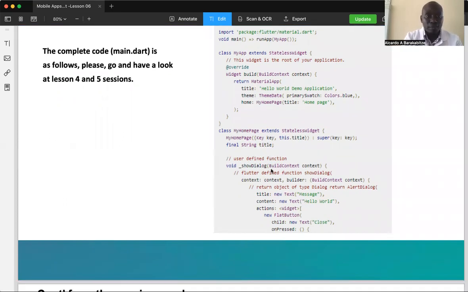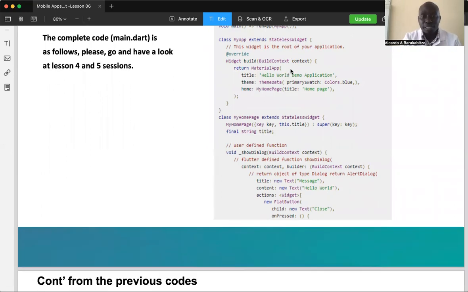So you have, for example, this code here. You have class MyApp extends StatelessWidget. If you recall from lesson 5, that's where we covered widgets. You have MyHomePage extends StatelessWidget, and then you have this showDialog in the context now